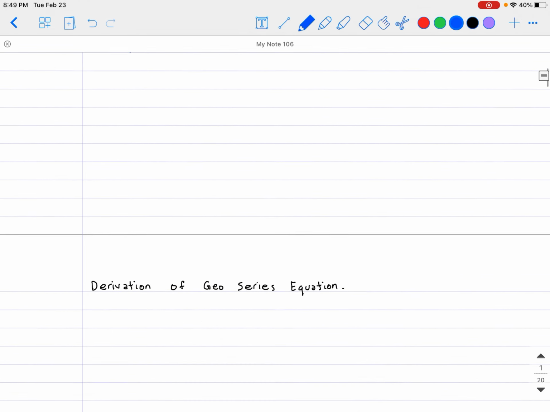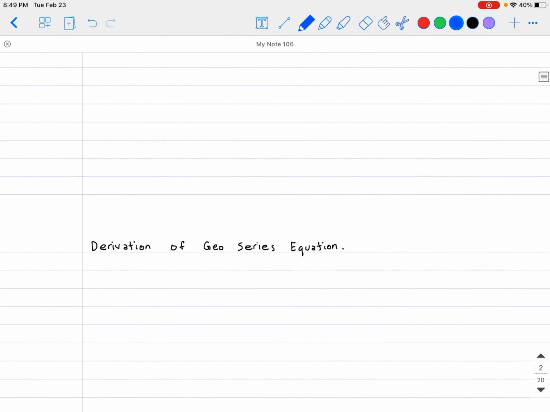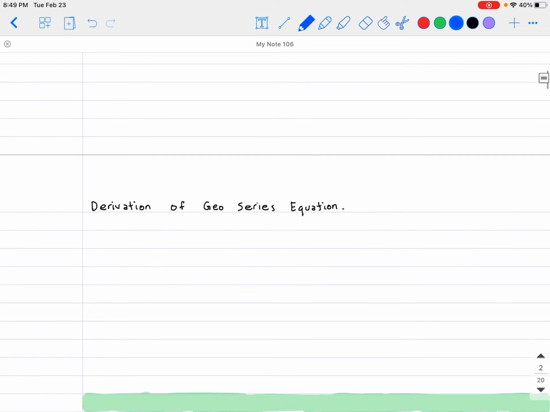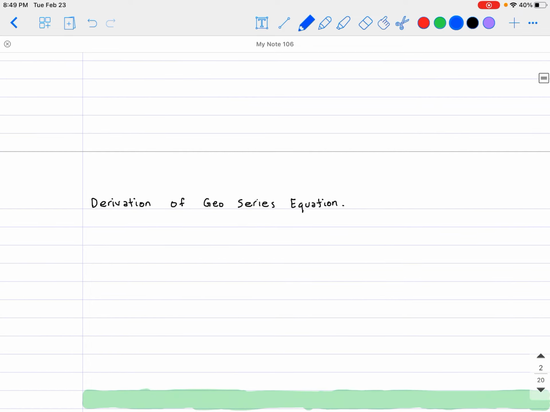So once again, this was something that was derived a while back in Algebra 2, but for the sake of refreshing, let's go ahead and talk about that. So here's what I want. If you have an A of n, which is a geometric sequence, A of 1 multiplied by r to the n minus 1, I want to know what S of n is going to be, which is the sum of the n terms. So if I write it out according to my equation,